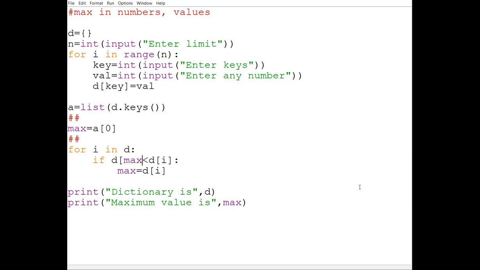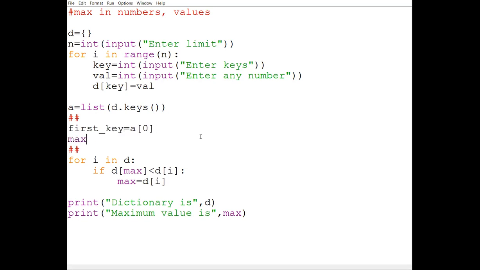This is the key only. If D of max, I need to have one more variable. This is the first key. Let me use this statement. So your maximum is equal to D of first key.